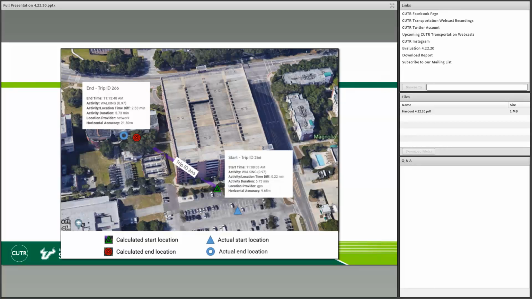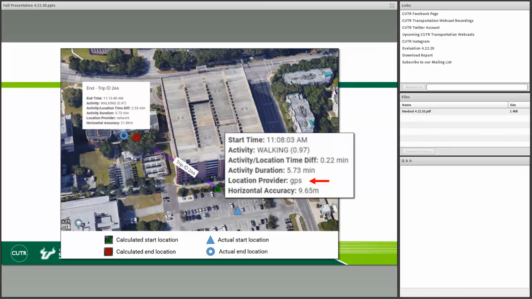What you would see in the data is the green triangle showing where the first activity transition happened to start this trip, and the red circle, where there was another activity transition from walking to still, which says, okay, the user stopped this particular trip. There are a few interesting things you can look at here. First, if I enlarge the data at the start location, you can see the location provider that was selected. We captured three different locations here from the GPS, network and fused location providers.